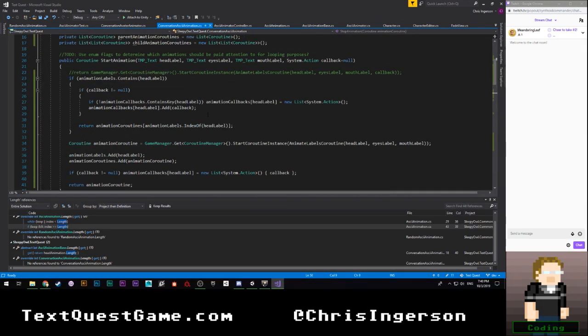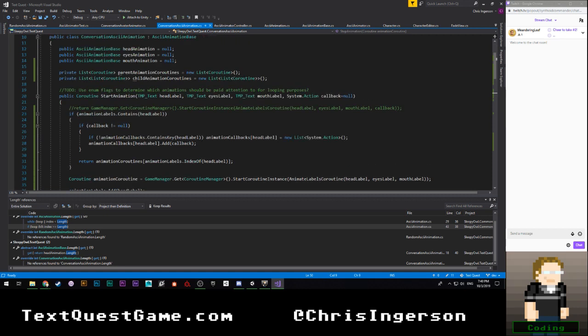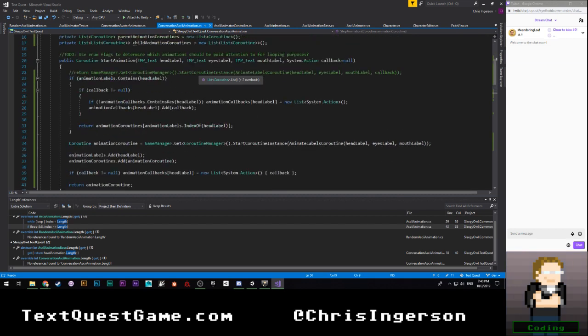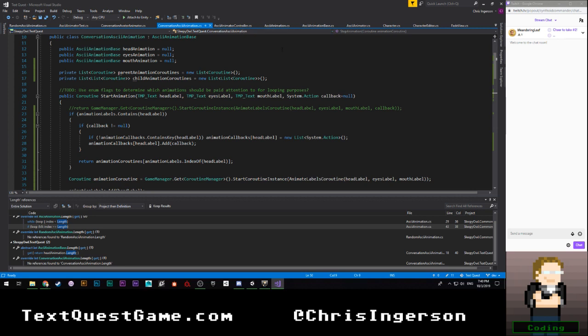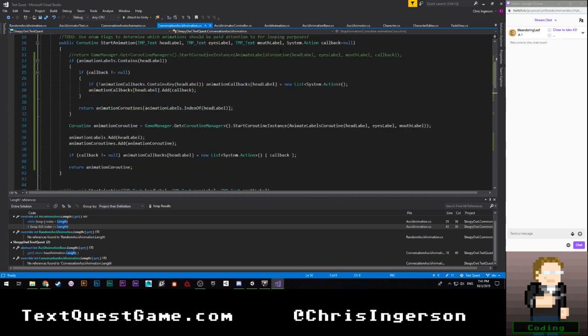Then this would be a dictionary of a GUID and a list of coroutines, and then this would be a list of coroutines, and then we would have a list of GUIDs. That would allow me to reverse engineer, which is hideous and terrible. Oh man, that's very, very painful to me. Yeah. Okay, so this has to change a lot.